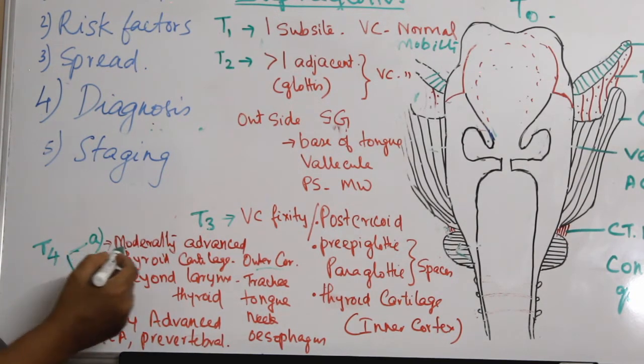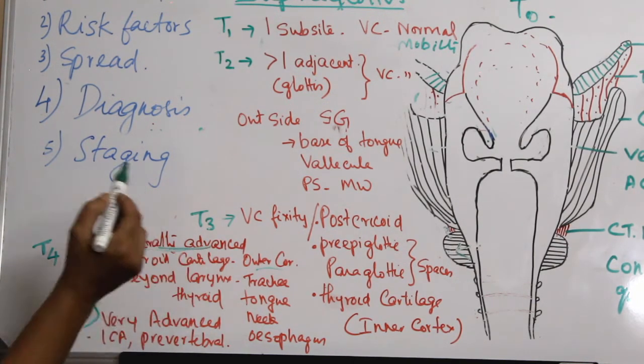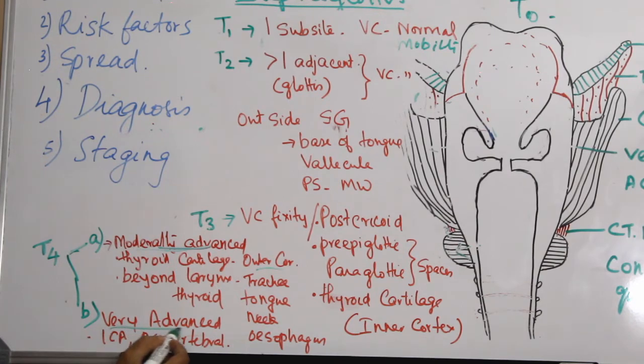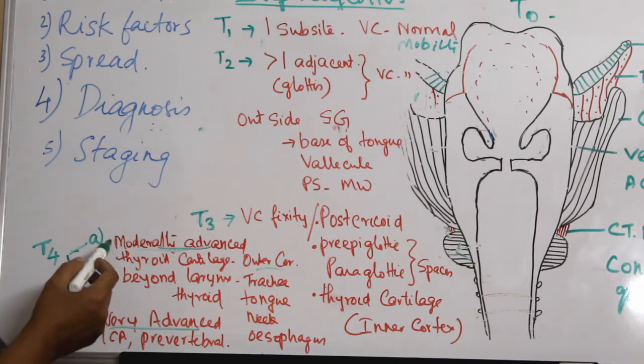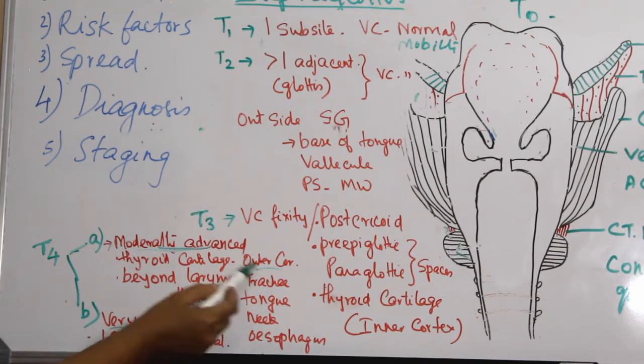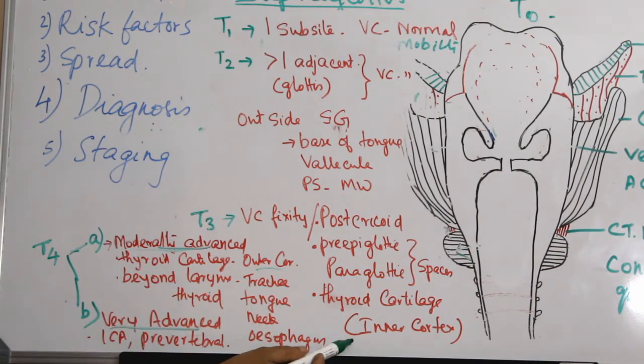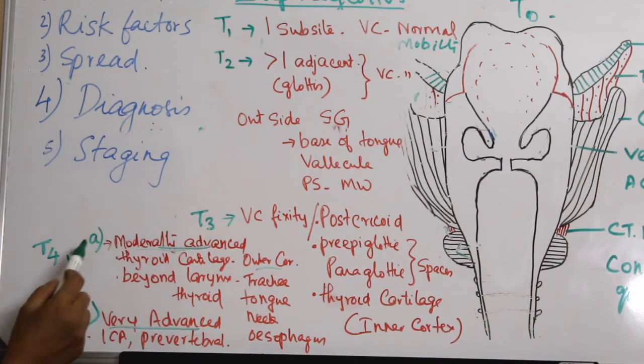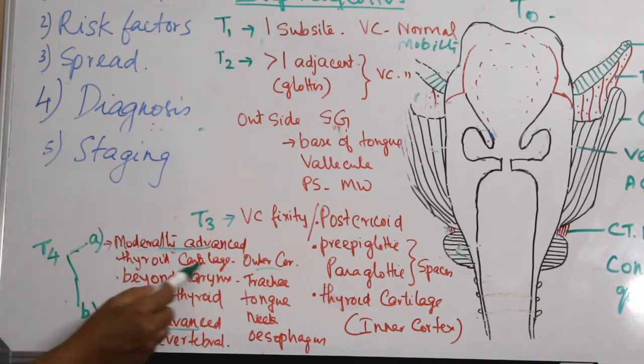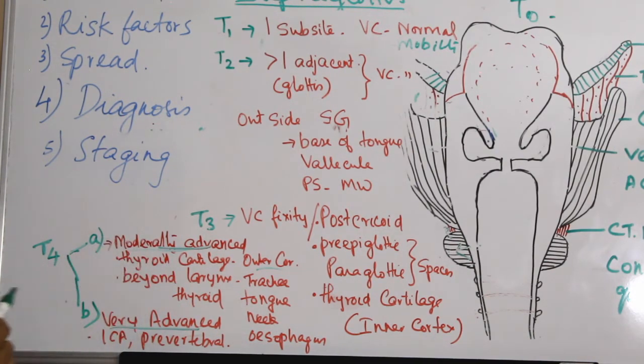T4A is moderately advanced and T4B is very advanced carcinoma supraglottis. So T4A is invading through the outer cortex of thyroid cartilage. Inner cortex I already told it is T3, and T4A is outer cortex of thyroid cartilage